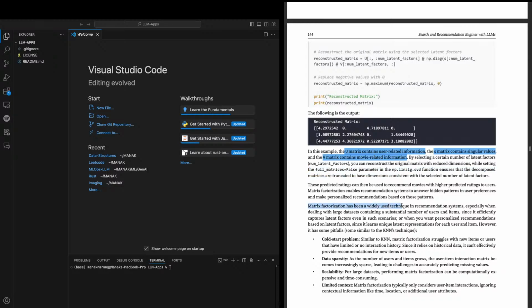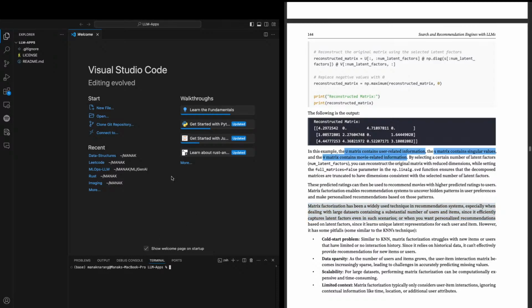Matrix factorization has been a widely used technique in recommendation, especially when dealing with large datasets containing a substantial number of users, since it efficiently captures latent factors even in such scenarios, or when you have personalized recommendations.